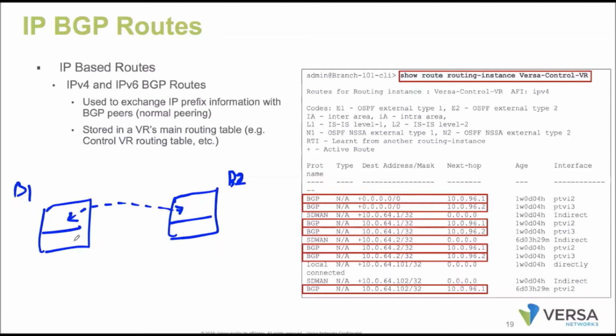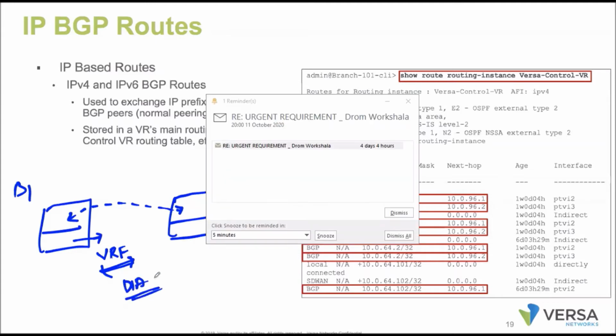This LAN VR is nothing but a VRF instance, Ankush. By default, are these VRF instances just VRF instances, or do they have to be part of the overlay? The exception is the DIA case.